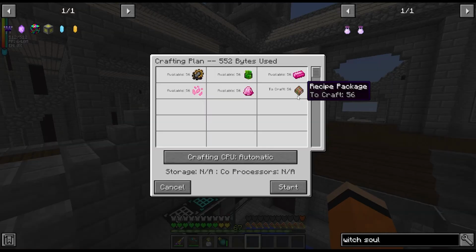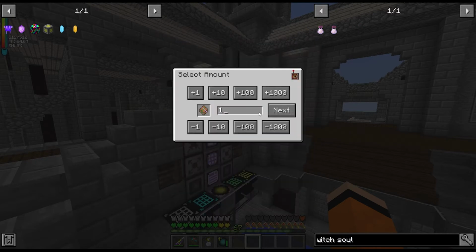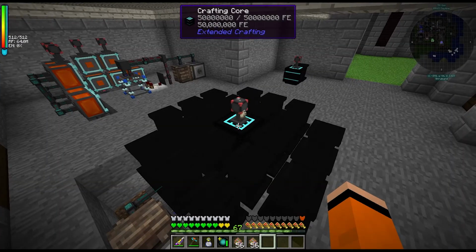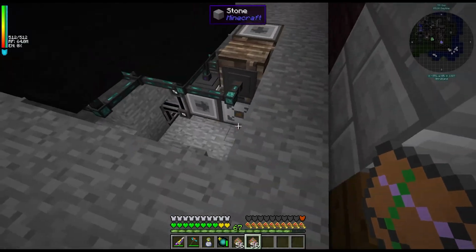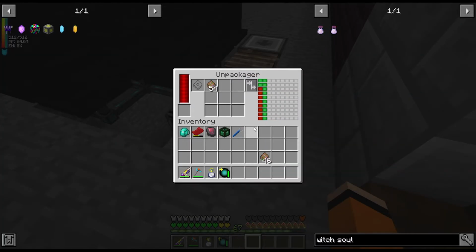Benitoite crafted. Alright, let's craft our Benitoite here. So we have the 56 patterns for index 1. And then index 0 will be another 56. I've whitelisted the Gaia spirit for the middle crafting core here. And then if we just put our recipe packages in this unpackager, well, we can do a few at a time. This might take a while to craft anyway, so...